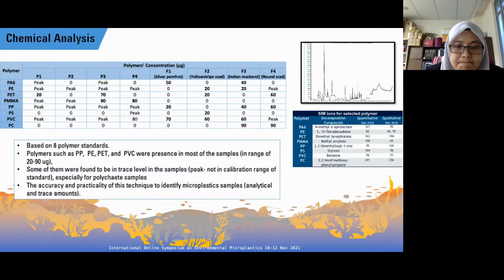Bear in mind that this is coming from the flesh tissue. Microplastics are hardly able to penetrate the flesh tissue, so it's not in a large amount as in the GIT. But still we can manage to find some in our samples using pyrolysis GCMS. So I think it's a very good technique.